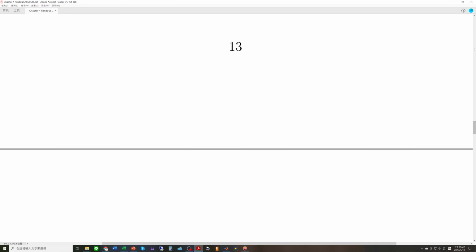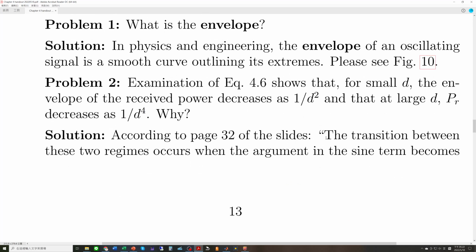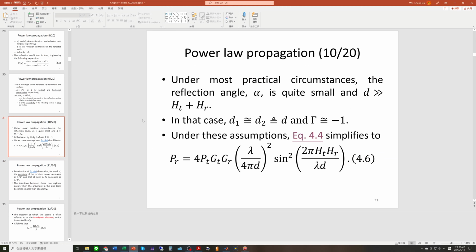Let us go back to the previous page. The transition between these two regions: the first region is 1 over d square, that is, the received power decreases as 1 over d square. And in the second region, at large d, PR decreases as 1 over d to the power of 4. This occurs when the argument in the sine term, what is the argument in the sine term? In equation 4.6, the argument in the sine term is 2 pi HTHR over lambda d,